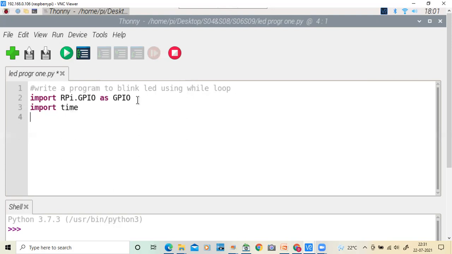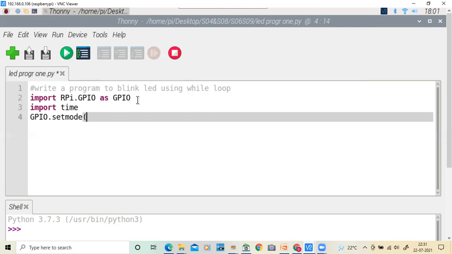Now GPIO.setmode(GPIO.BOARD). Here, which mode you are using, whether it is the board method or the BCM method.